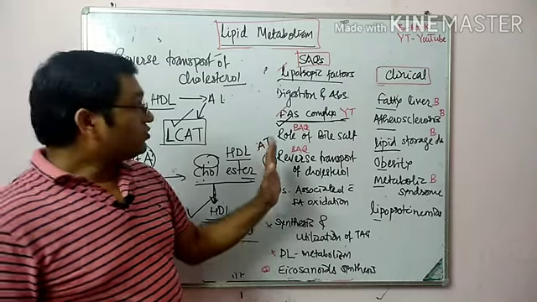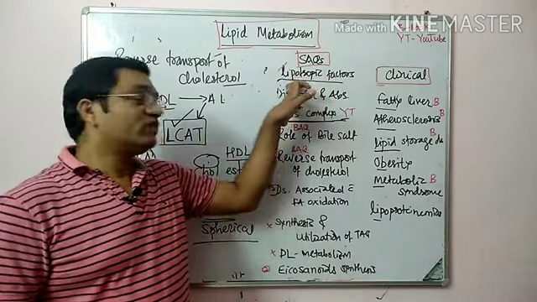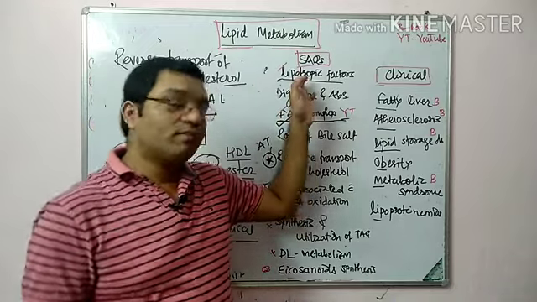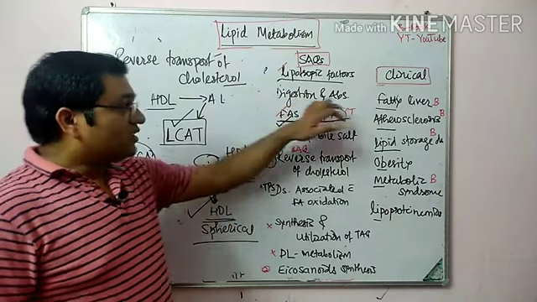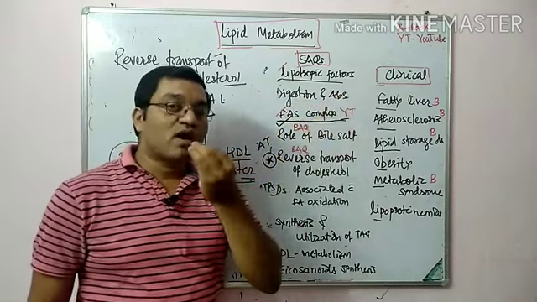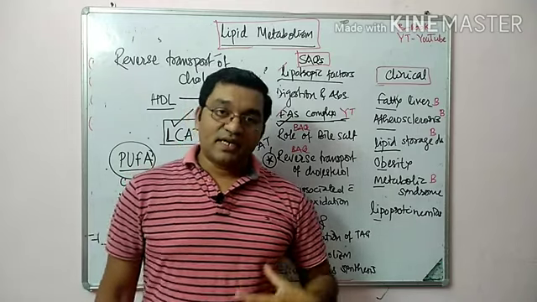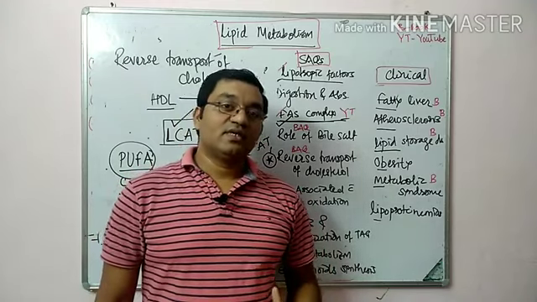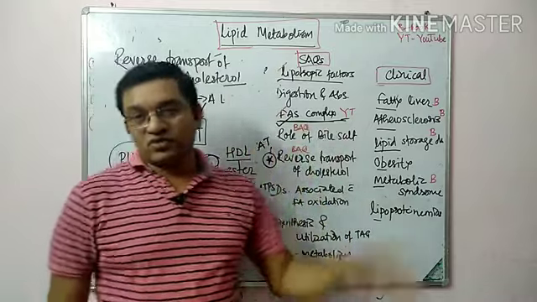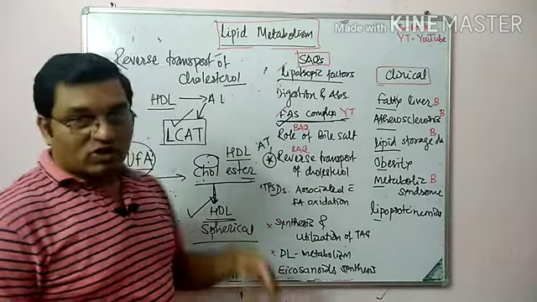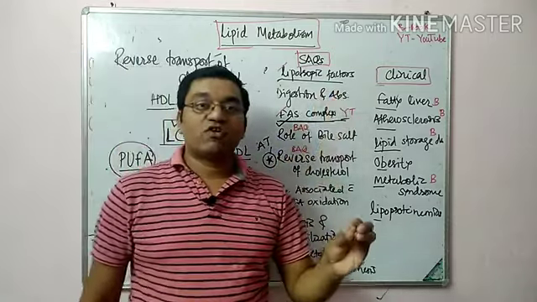So these are the LAQs. In SAQ, lipotropic factors which prevent the formation of fatty liver are choline, betaine, inositol, B12, methionine, etc. Then digestion and absorption of lipids starts from the mouth. There is lingual lipase, then acid stable gastric lipase, then pancreatic lipase, then intestinal lipase. Through the action of these lipases, lipids are converted into free fatty acid and glycerol, monoacyl or diacyl glycerol. Then in absorption, there is micelle formation.